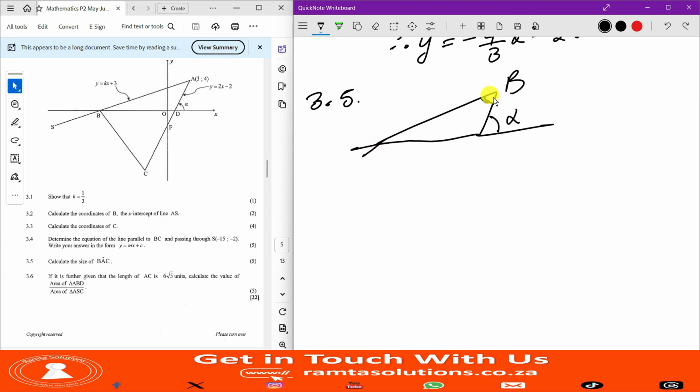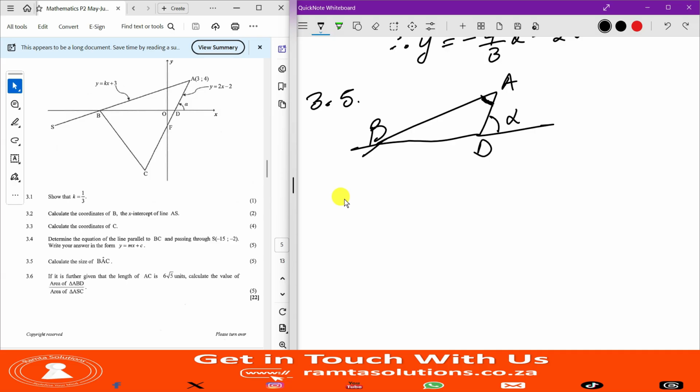Yes, it's angle BAC because this is A, right? And then this is B. So because C is somewhere here, it does not matter. Even if I do not include C, what remains is that the angle is the same. So we need to find this angle here and we need to find this angle here. So we'll begin by finding angle